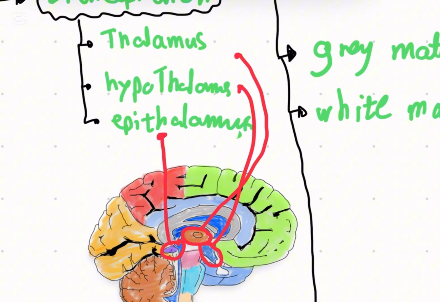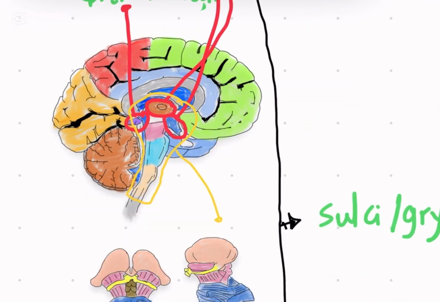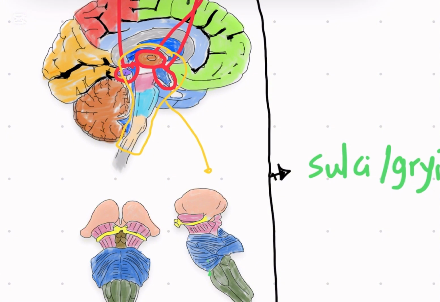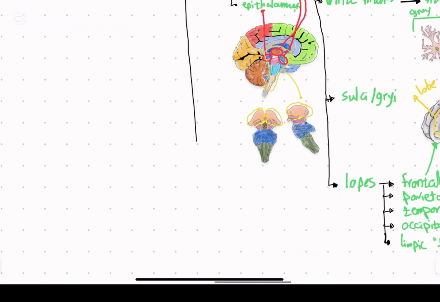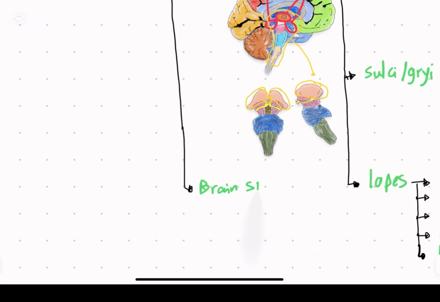If we took all this part and saw it in isolation, this is what we would see. This is the lateral view, if we are looking from the side, and this is the anterior view. So the upper part here is the thalamus, and here also this is the thalami, and between them we can see the epithalamus. The third part of the brain is known as the brainstem and it is composed of